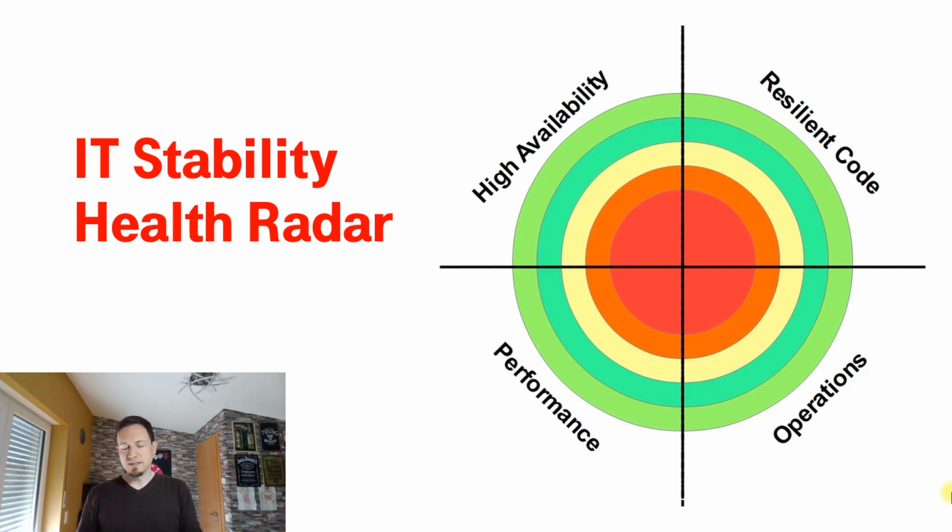So let's dig deeper now into the topic of IT Stability Health Radar. You see here an image of a health radar painted by myself. It has 4 different categories. We have high availability. That is about having your servers in a cluster, running redundant. If one server is down, the other server takes over